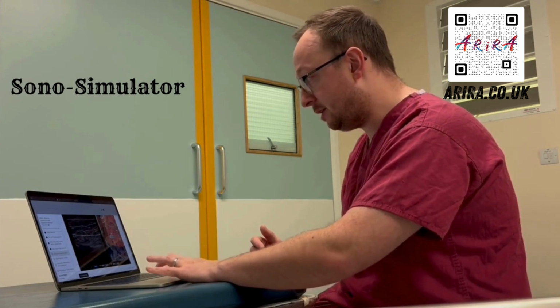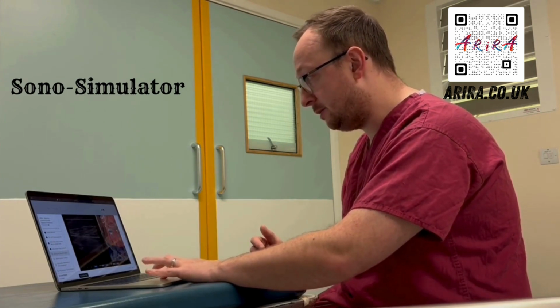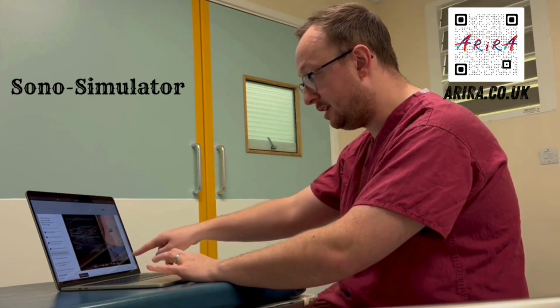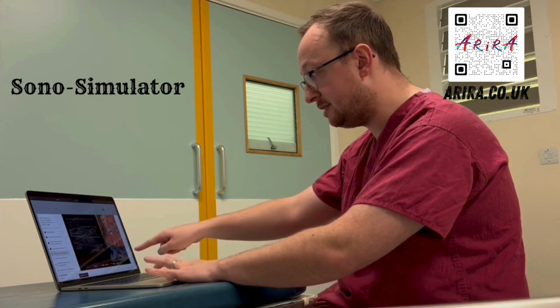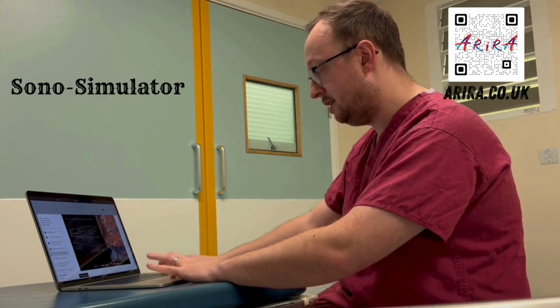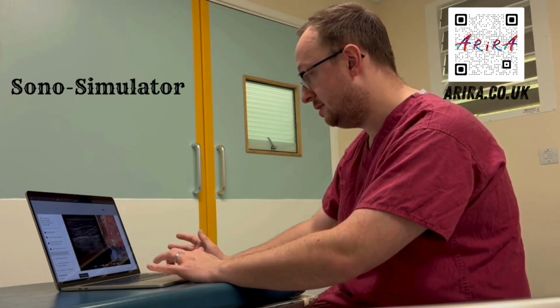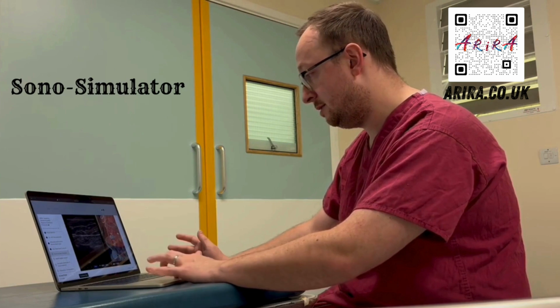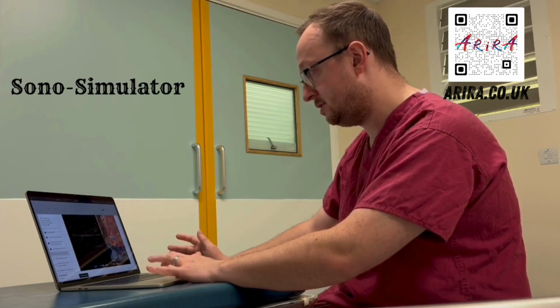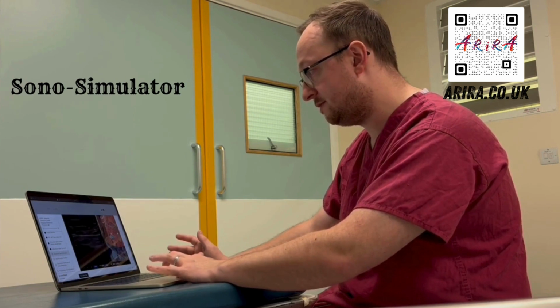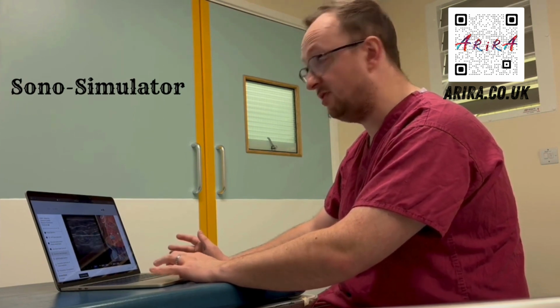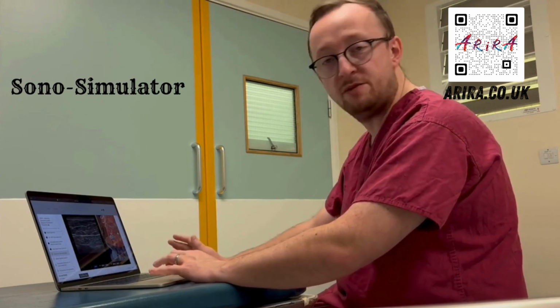This little green bar as well can help you adjust your view and what layers you can see on the image here. So surface anatomy going down to deeper structures. You can adjust that to the level that you need for your revision purposes. Change again on the image as well, brightness. That's really helpful actually. That's something I've not seen on other